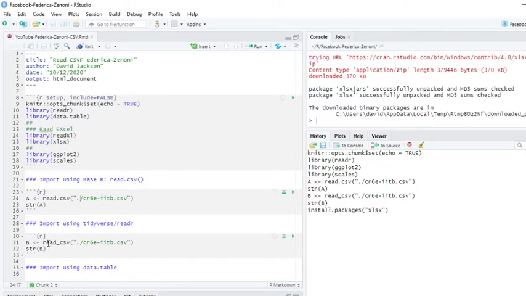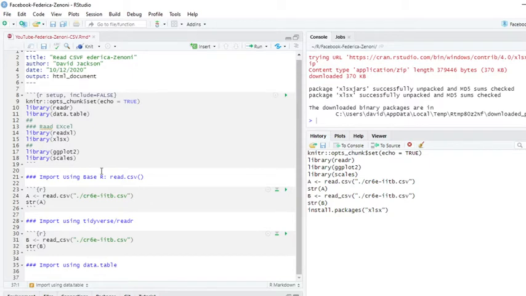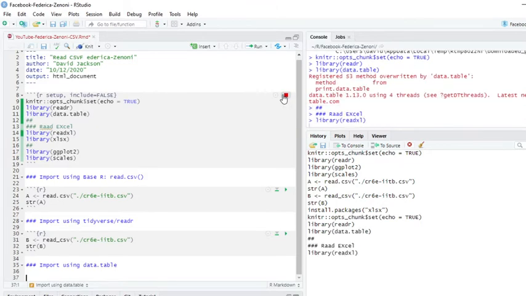The next one, read_csv, is part of the Tidyverse readr package. This also tends to put out a little more summary data automatically than the base R does. And the third method is we're going to use Data.Table. All right, so first of all, let's load our